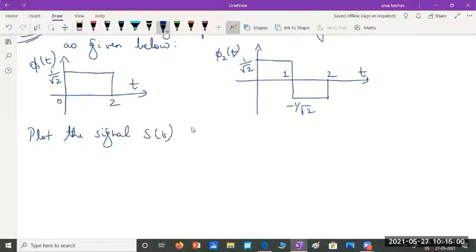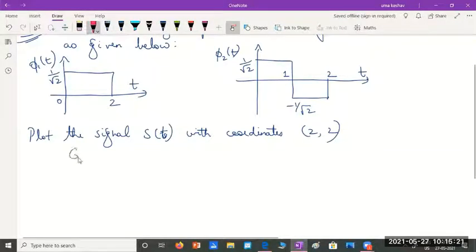Now he is asking us to plot the signal S of t with coordinates 2, 2. So what does this mean? This means that the signal S of t, what does it mean? Given the signal S of t is defined as,